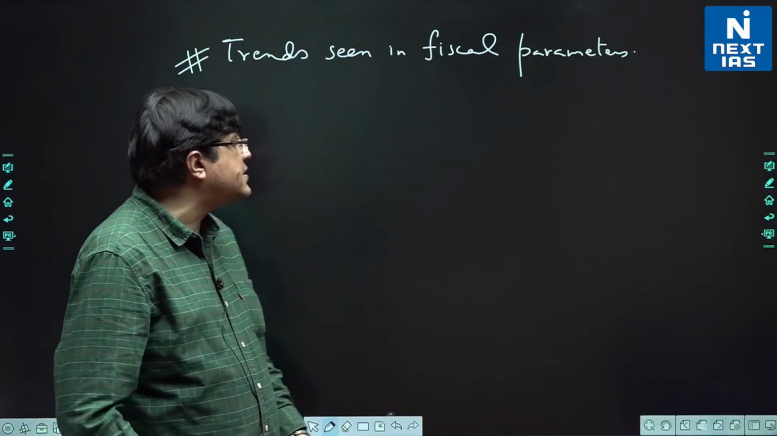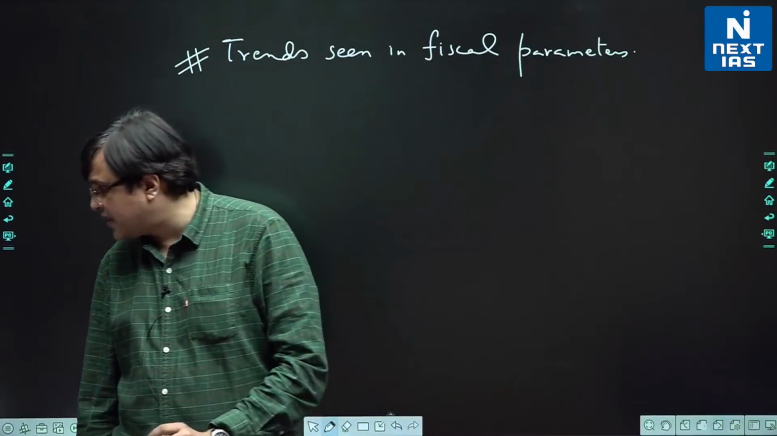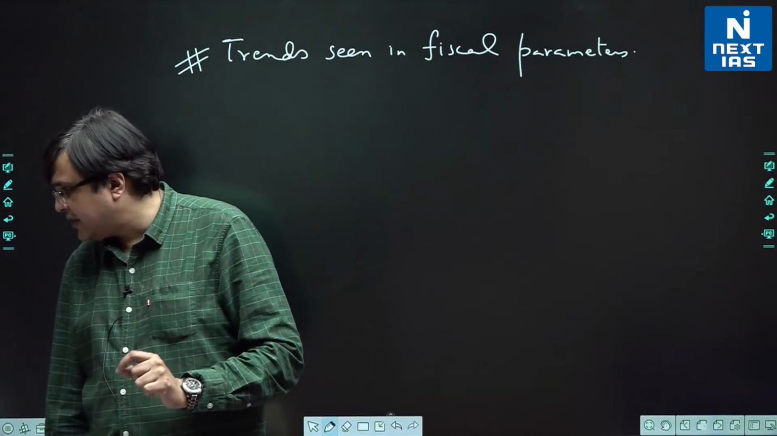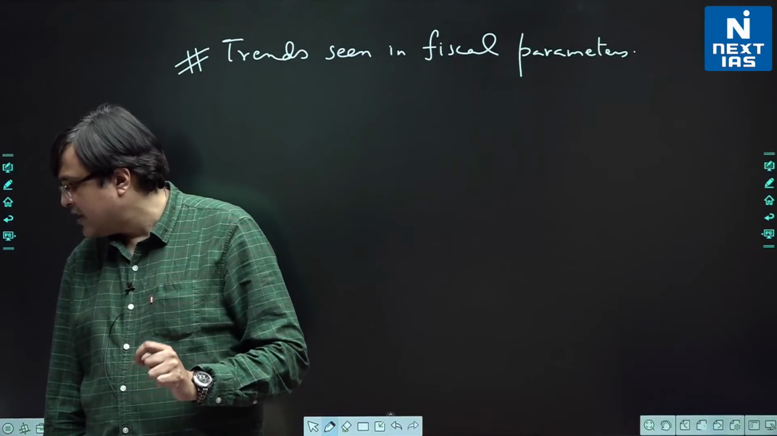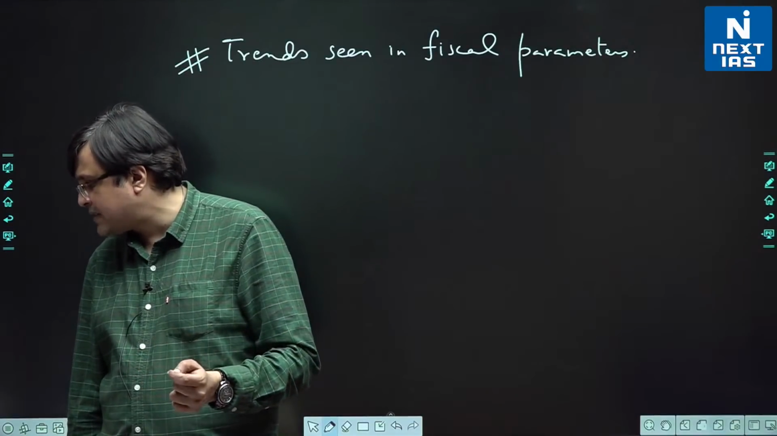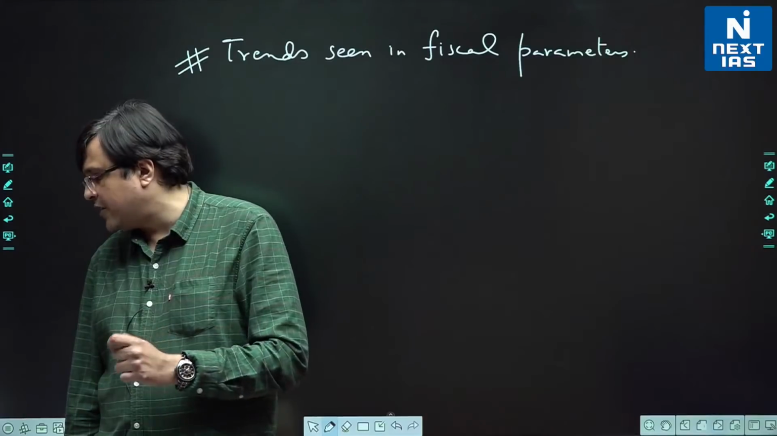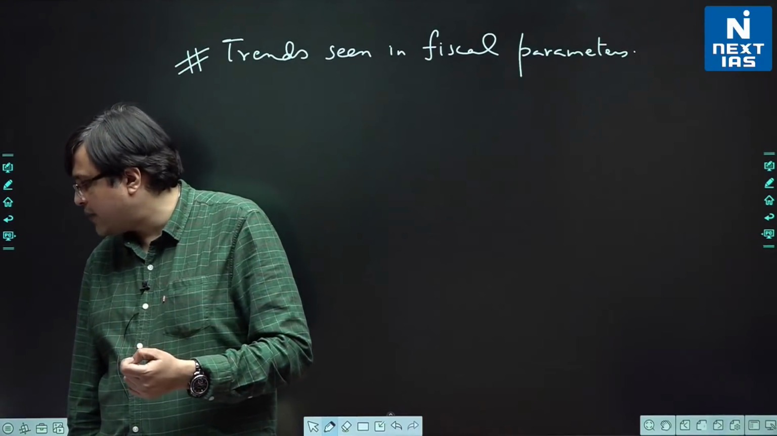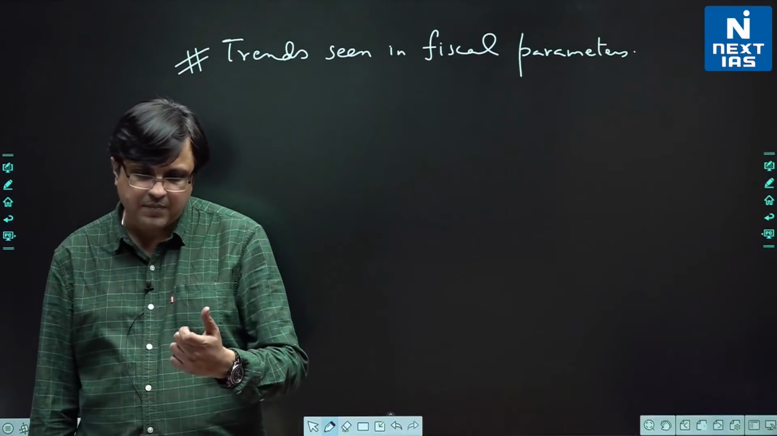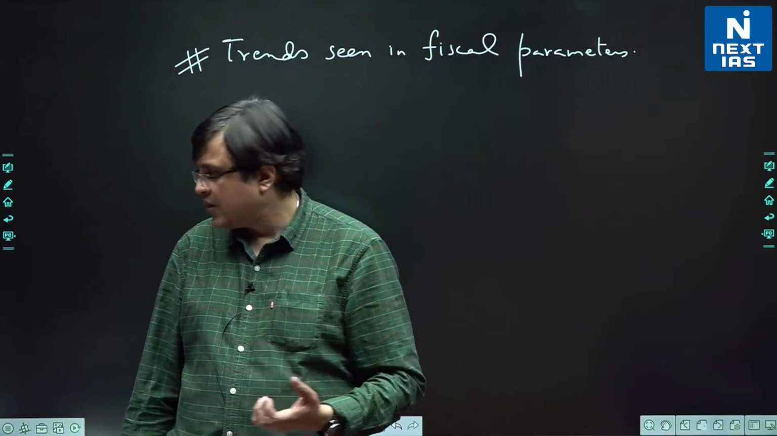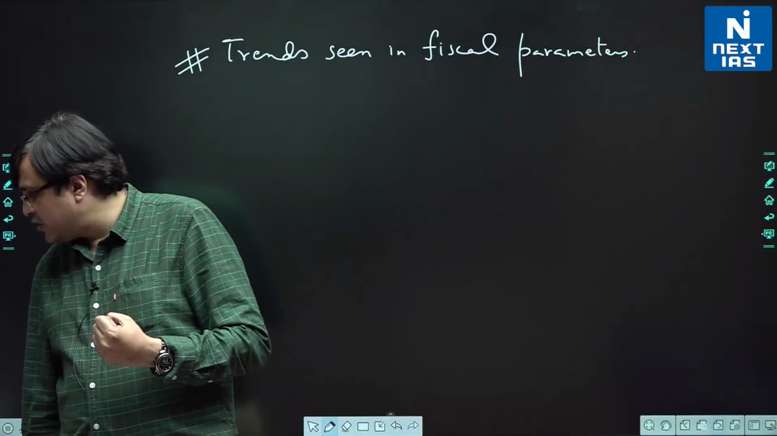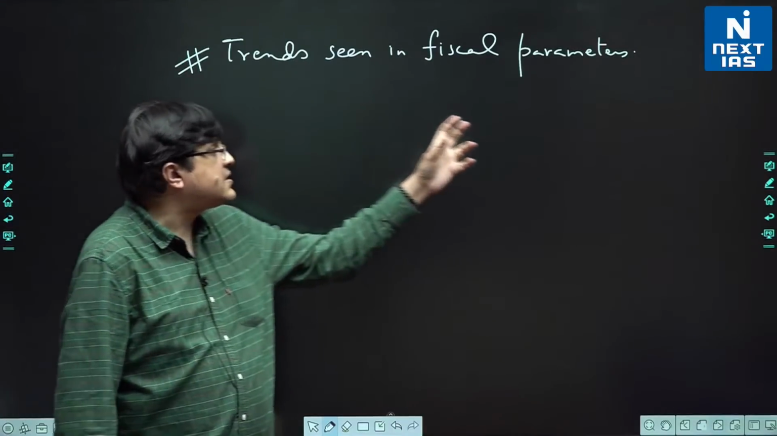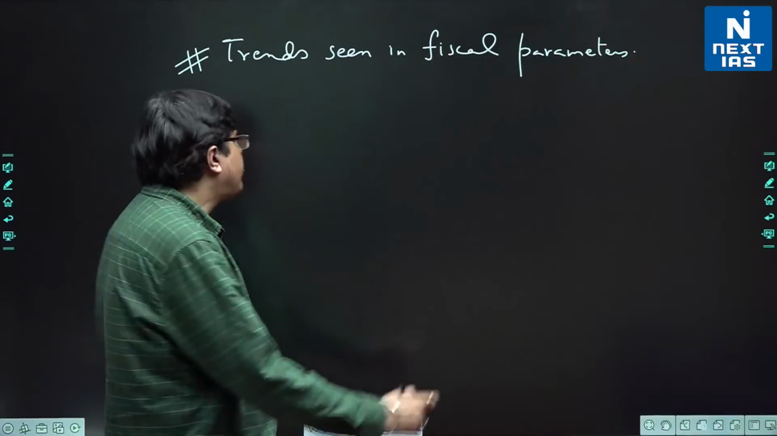So when you look at the trend variables, the Emergency Credit Line Guarantee Scheme is given to the MSMEs for the purpose of giving them loan guarantees for meeting their requirements of working capital. All right, then when we look at the trends seen in fiscal parameters,